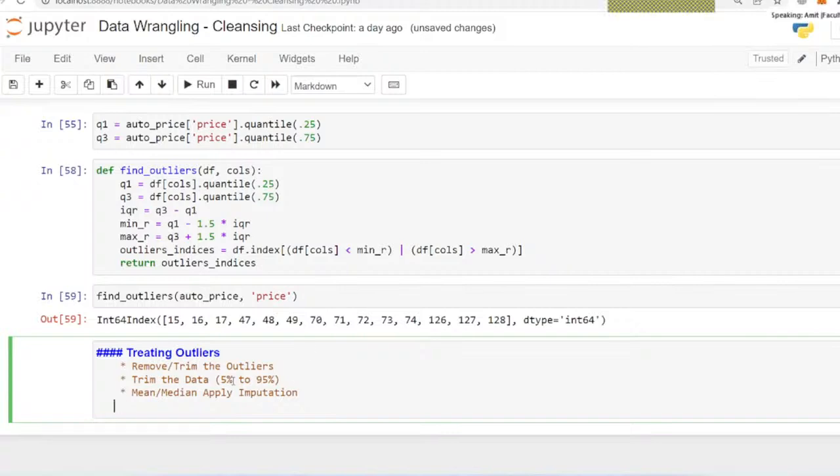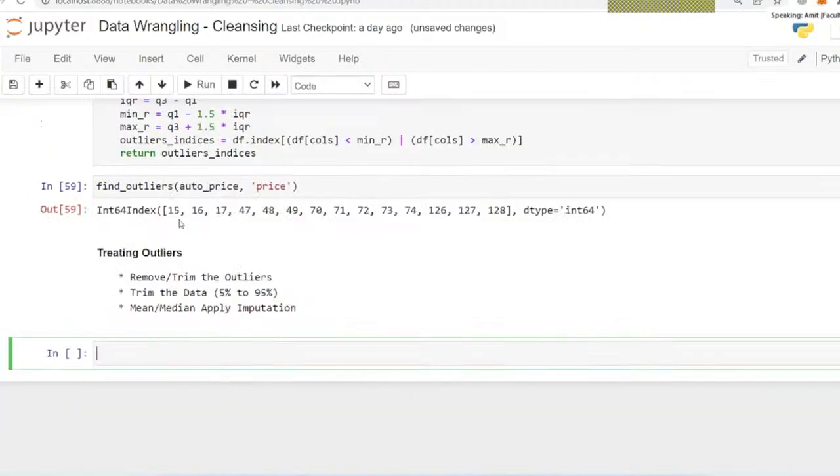These could be your 3 different points or strategies of treating the outliers. Now that we have discussed all these points,